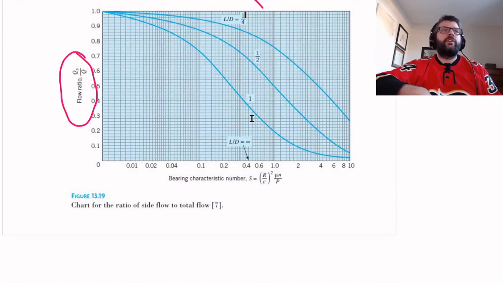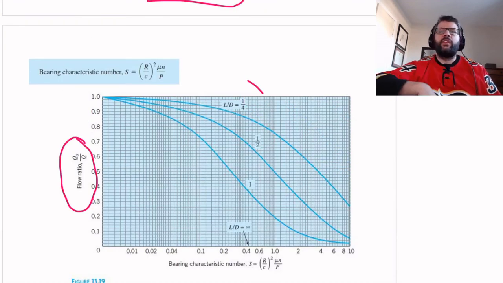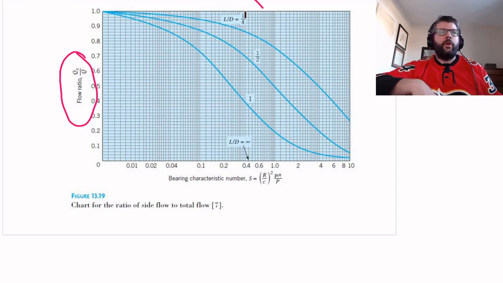So those are the charts that you'll be using to optimize the performance of your bearings. We'll talk about how to do that in a